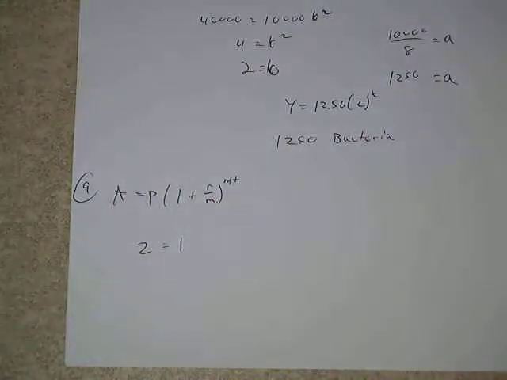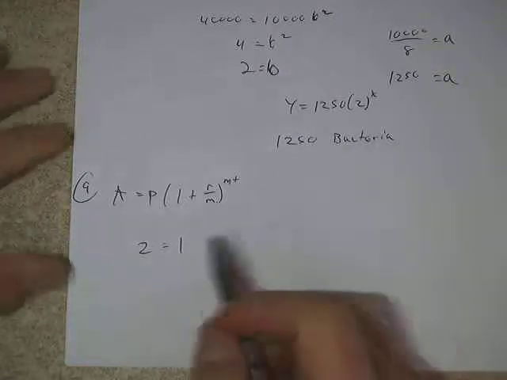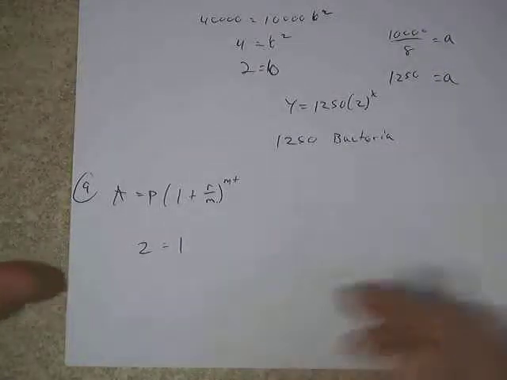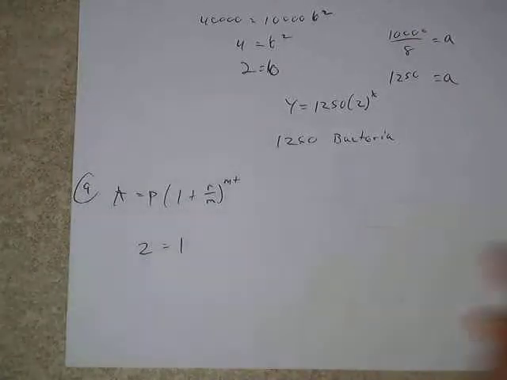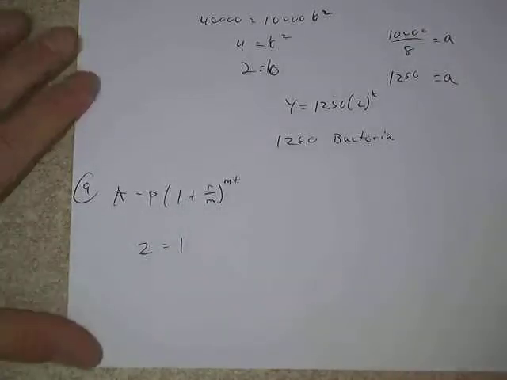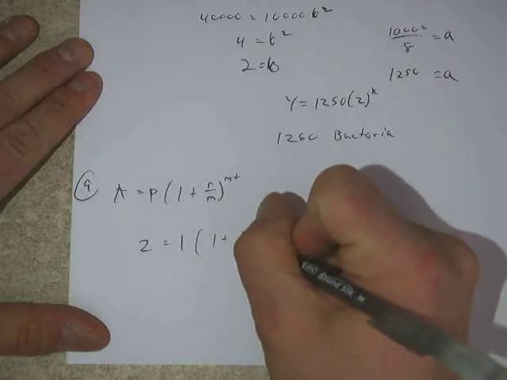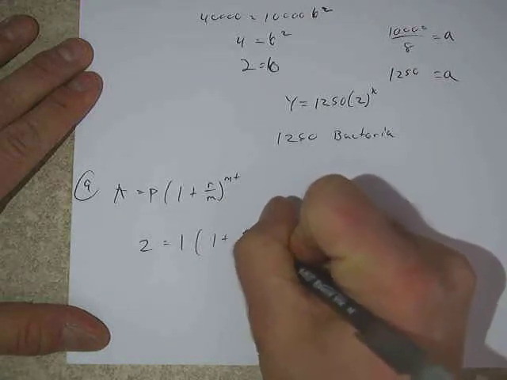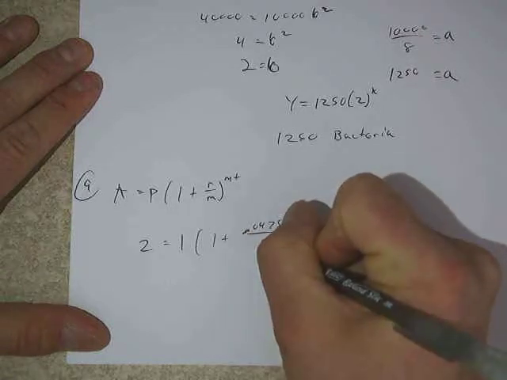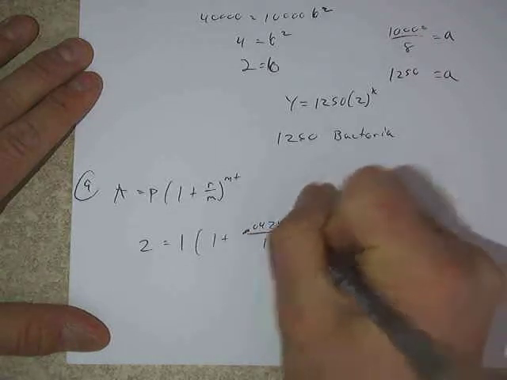So we want the money to double, so in other words we want it to go from 1 unit to 2 units, so whatever that number is, we can just use 1 and 2. We want it to double from $1 to $2, or divide 1,000 and 2,000 by 1,000 and have 1 and 2 in those positions regardless of how much we start with. And our rate here is 0.0475,